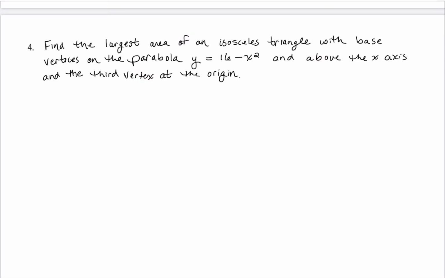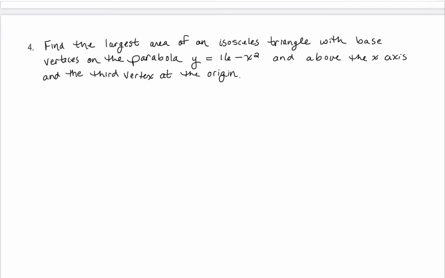All right, we are going to wrap up this section 4.7, I think it is, on optimization with just one more, actually pretty short, optimization problem. Just a little different, though, than the other ones we've done, and so you may come across something similar to this in your homework. So it says, find the largest area of an isosceles triangle with base vertices on the